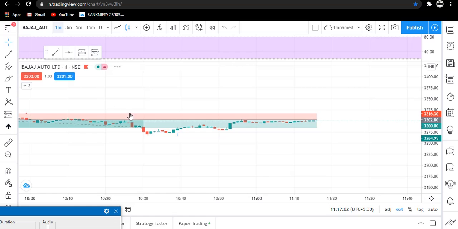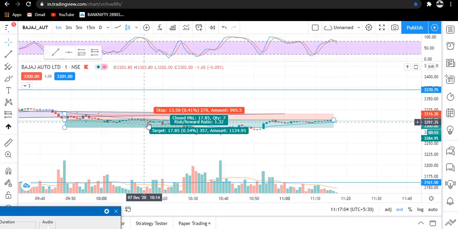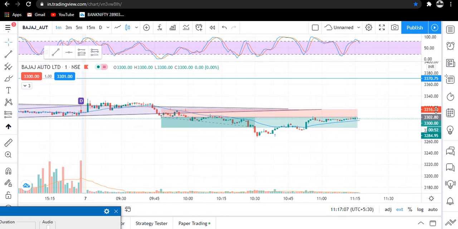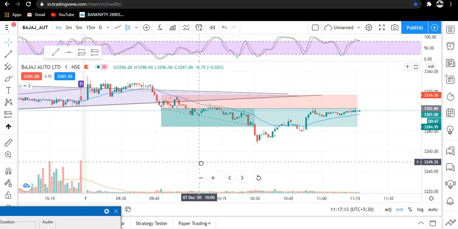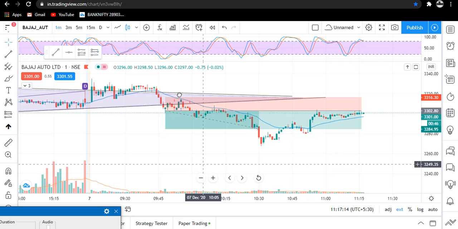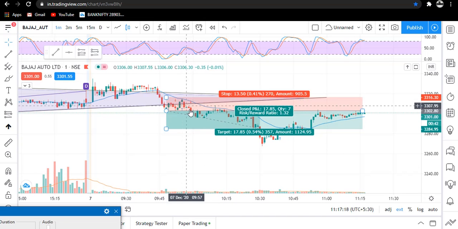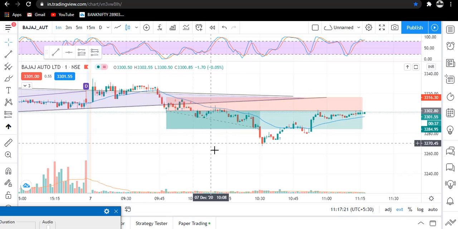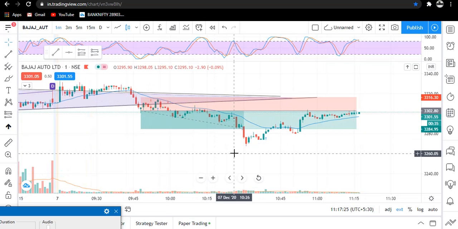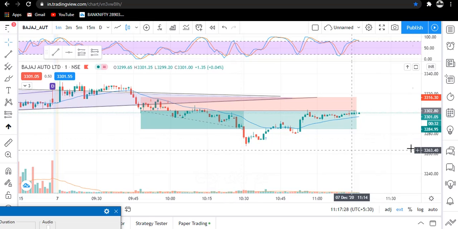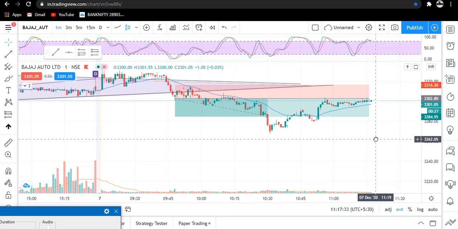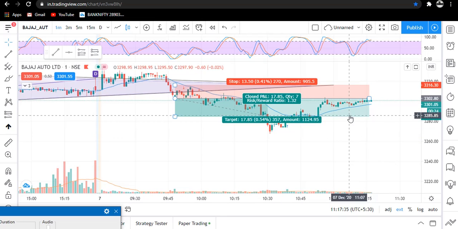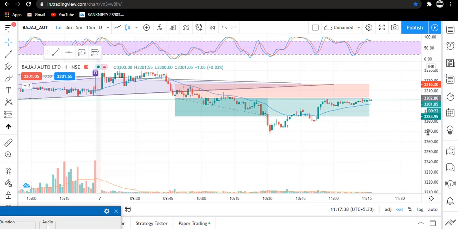So what I did, I came into the 1 minute time frame. Okay traders, so when this breakout came, our retracement came and then again it tried to go downside, so I entered there and our trade got started. So this is what happened, we trailed our stop loss and suddenly our trailed stop loss got triggered and we booked a profit of 1.32 risk reward.